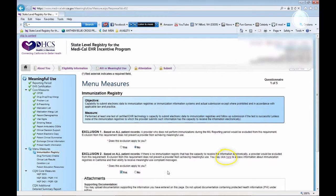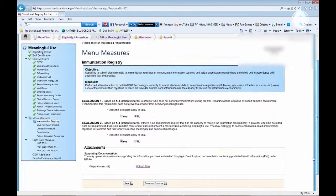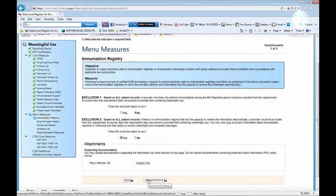Click on this link to see more details on immunization registries in California. For exclusion number 2, a screenshot from the California Department of Health website that shows that no immunization registry exists for the county would provide documentation. If you are able to transmit the immunization records, a screenshot of the successful transmission would serve as documentation that